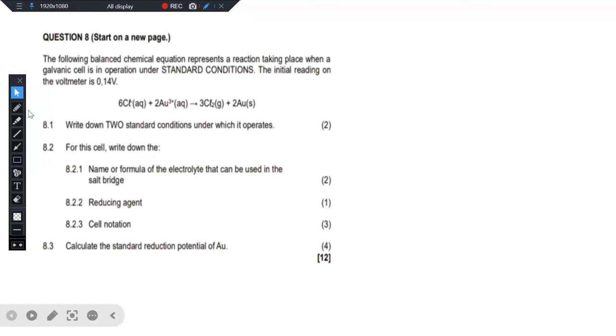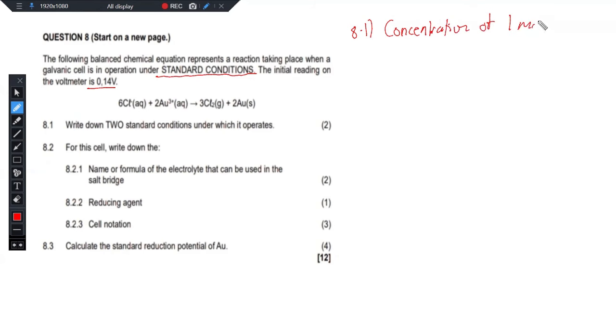Okay, so now we have question 8 on galvanic cell. It says the following balanced chemical equation represents a reaction taking place when a galvanic cell is in operation under standard conditions. The initial reading on the voltmeter is 0.14 volt. 8.1 says write down 2 standard conditions under which it operates. So for our 8.1, we can say this operates under the standard condition of concentration of 1 mole per dm cube. And then we can also mention that we should have a temperature